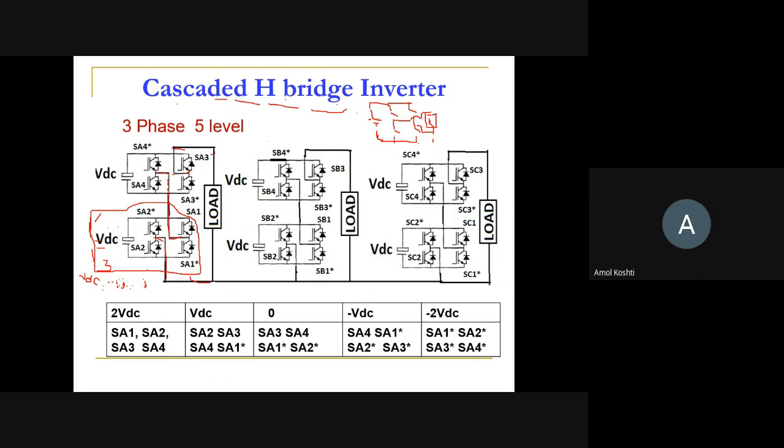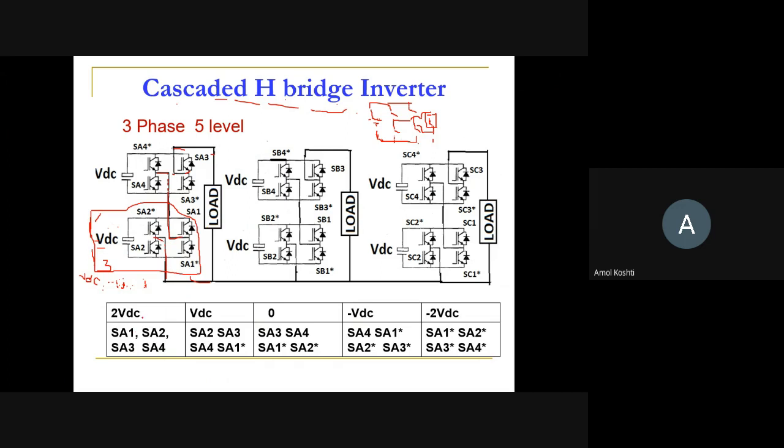So if we connect the two elements in series, let's see the different possible combinations of the output here. This VDC, this VDC, so here we get 2 VDC at the end of this load. Then we can also get VDC, we can also get zero, we can also get minus VDC, we can also get minus 2 VDC. So in total five different combinations, or we can say five levels of output, we are getting at the end.